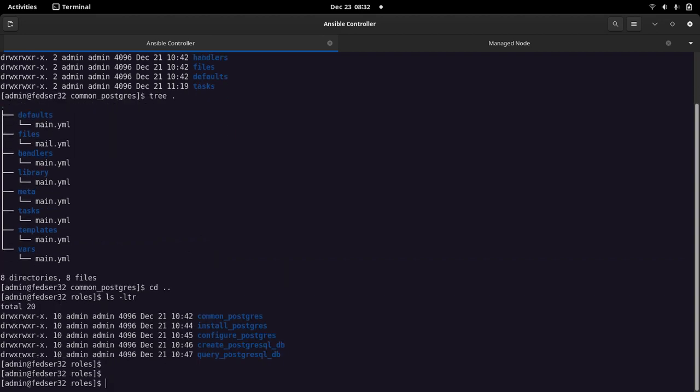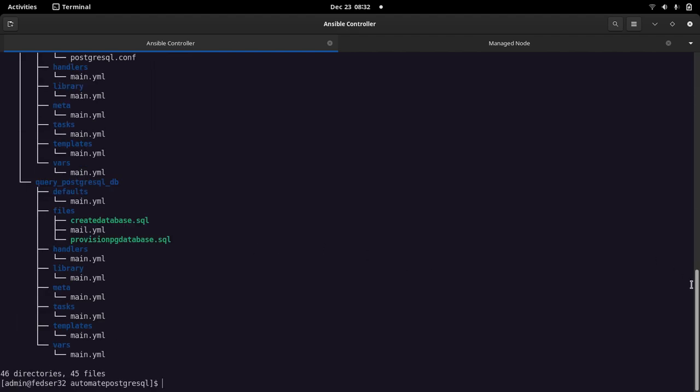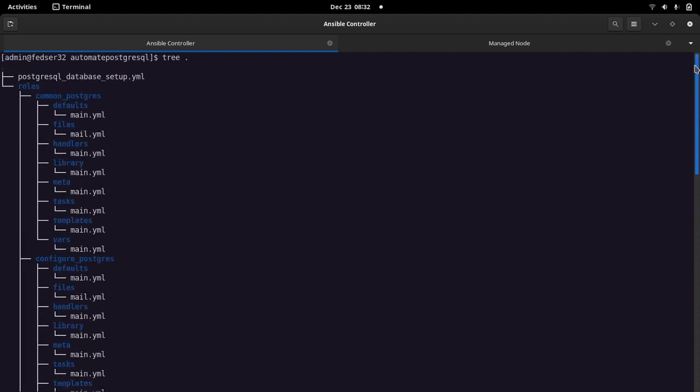So this way I have created all the roles. Let me show you the tree structure. As you can see, we have a folder under which we have created the roles folder, and there are multiple roles we have created, and under each role we have created the subfolders which we might or might not need based on the requirement, but we have created them here to show.